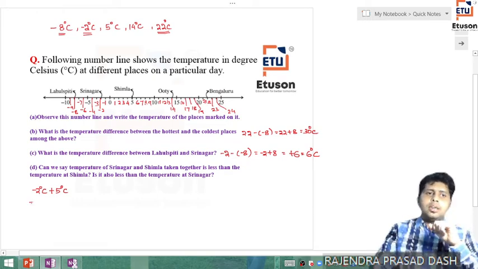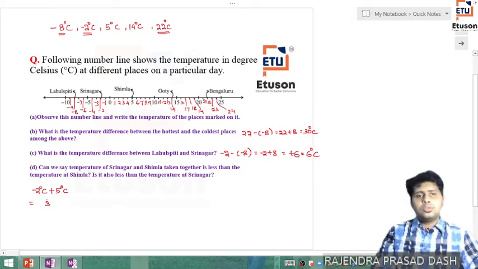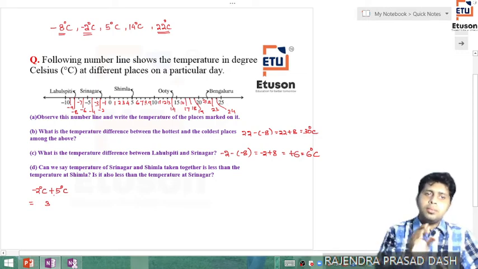So always take the difference between the two integers. The difference between the two integers 5 and 2 is 3. So you will just write 3 and then compare which one is the larger number irrespective of their sign. Between -2 and 5, irrespective of their sign, the numbers are 2 and 5. The larger one is 5. So you have to put the sign of the larger number in the final answer.